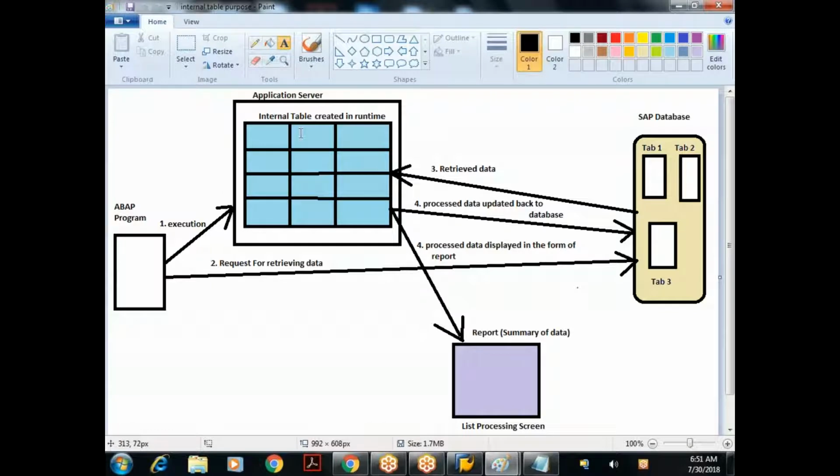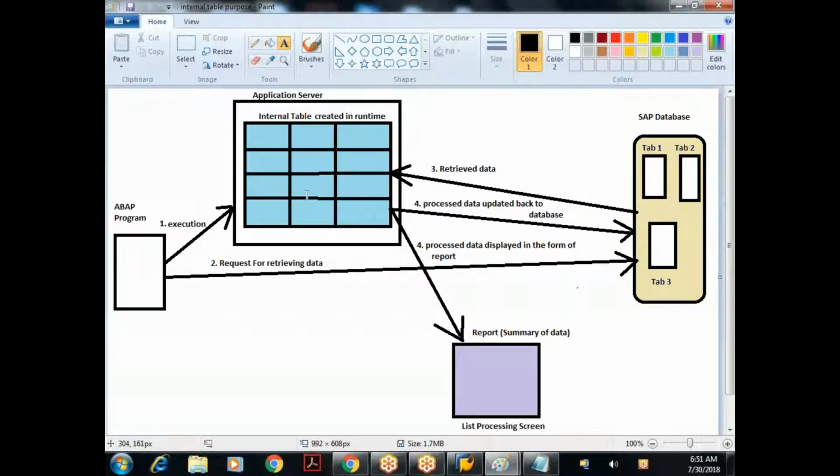Then, once the data is there in the internal table, I will process the data. In the sense, I will delete the unnecessary data, or modify the data, or insert new data, or do some calculations on my data, or sort the data.